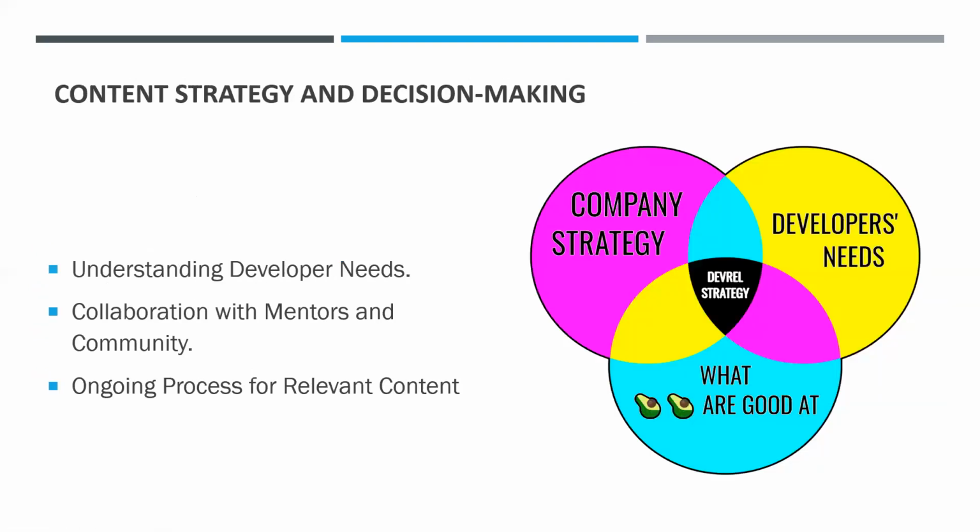So the next point is content strategy as a developer relations engineer. I wrote down a short note. I said your goal as a developer advocate is not to produce more content than a competitor or a colleague. Your main goal is to get the right content to the right user at the right time. You can underline right content, right user, right time.